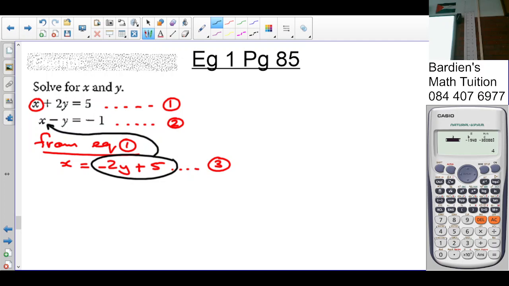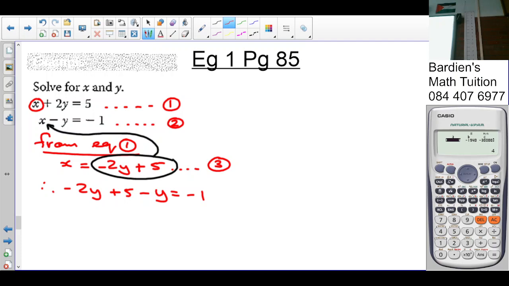If I formed equation 3 from equation 2, then I would have substituted equation 3 into equation 1. Does it make sense? We substitute into the equation that we haven't used, the one equation 3 is not derived from. So what is it now? Therefore, negative 2y plus 5 minus y equals negative